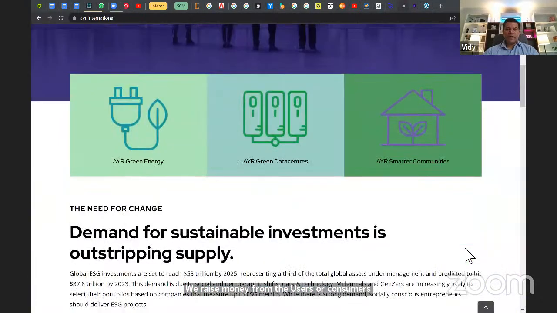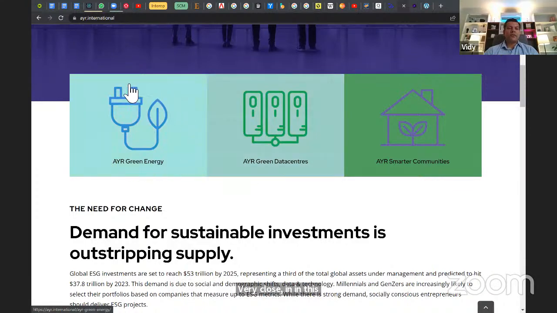So there are three things in this project. One is smarter communities, which is the actual housing that is being built. These houses or apartments are then also integrated with green data centers. Green data centers are there because they can provide access to network infrastructure very close in these newer developments.